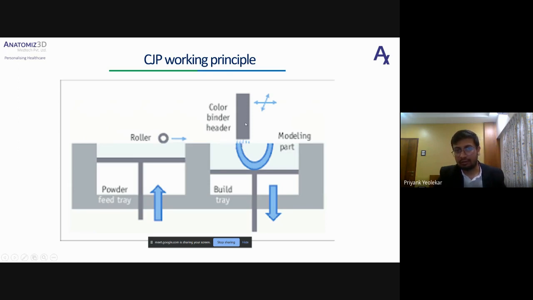So if you compare SLS, DMLS and CJP, the rest of the principle is the same. The only thing is, instead of a laser we are using a binder material. The binder which comes out of that nozzle will be spread on the area where the part needs to be solidified. That is how the CJP works.